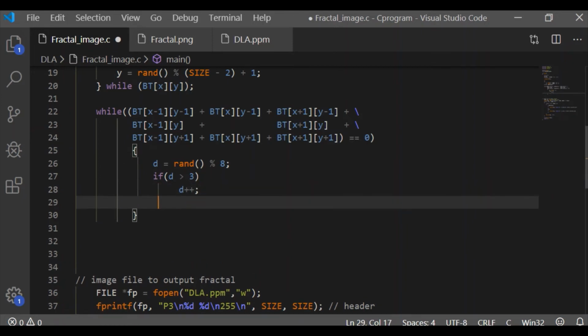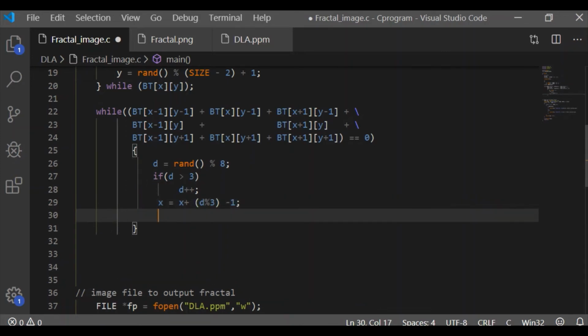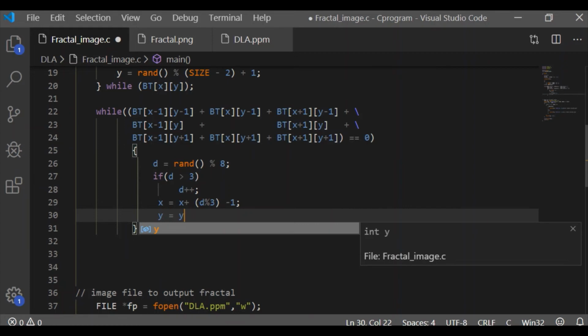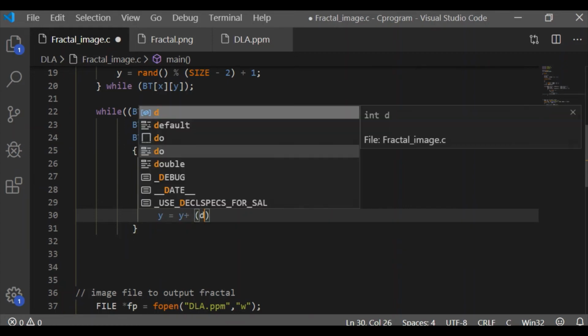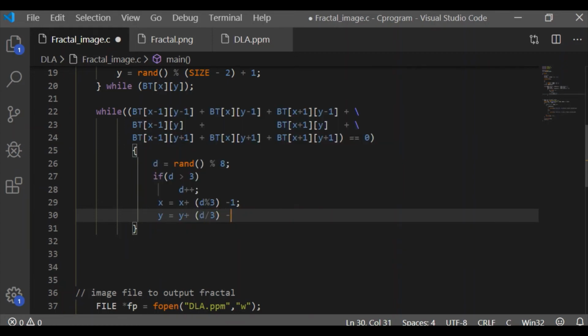If d is greater than 3, increment d by 1. And the new position for x and y is x plus d modulus of 3 minus 1, and y equal to y plus d divided by 3 minus 1. So we randomly generated x and y.